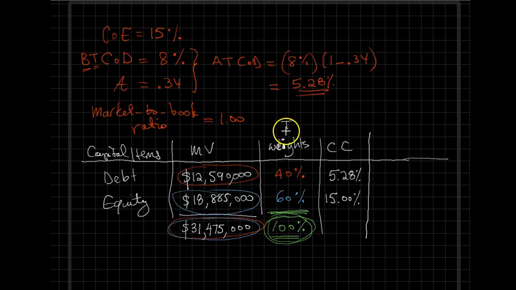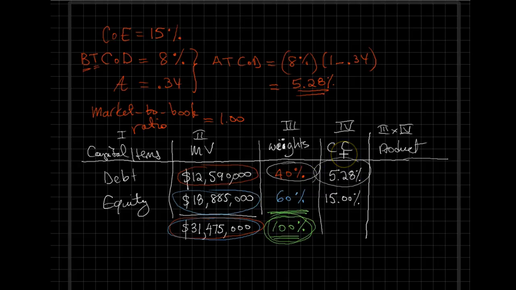Let's give names here: column 1, column 2, column 3, column 4. So I will go ahead and multiply column 3 and 4. So that's basically a line by line product. And so basically we are multiplying 40% and 5.28%. This number should come out as